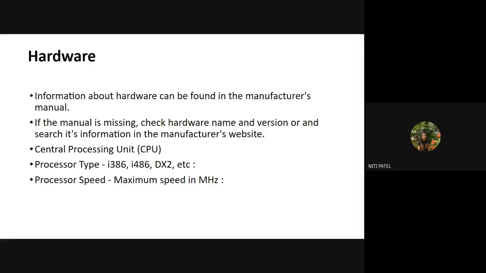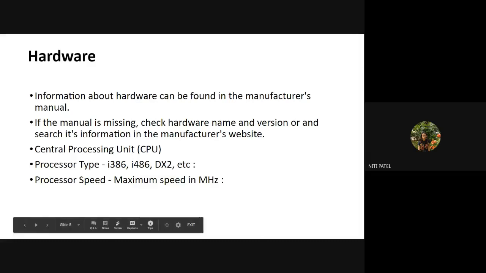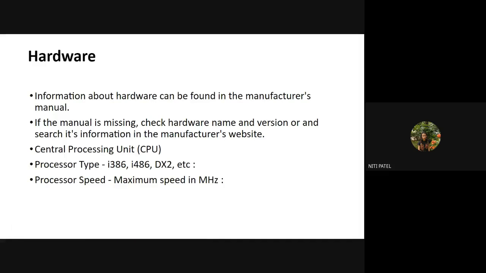Next is the processor speed. What is the processor speed? It is generally in gigahertz, but if it is a Linux operating system, it will also work if your CPU has a speed in megahertz. So it is not necessary that you should buy an i3 with 3 gigahertz of speed. Even if the i3 is with a speed of megahertz, your Linux operating system is going to work.